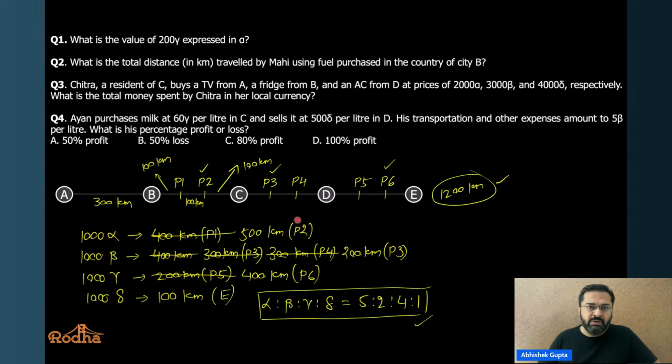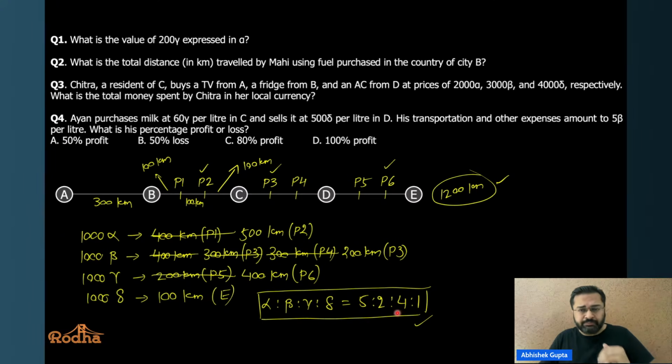This is more valuable. So when you do this, because the confusion would always be like, would I do 4 by 5 or 5 by 4? What will we do? If we look at the value in alpha, because alpha is more valuable, would it become 4 by 5 times or 5 by 4 times? 4 by 5 times. You do not have to think about it. Alpha is more valuable. You can see this, alpha 5 and gamma 4.